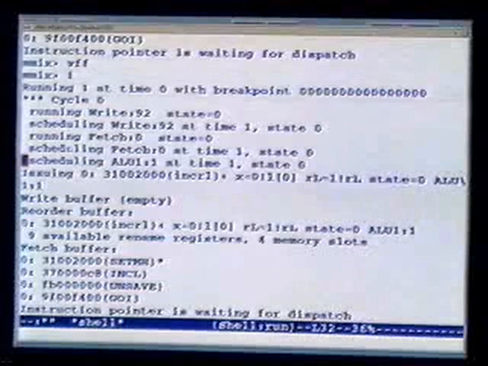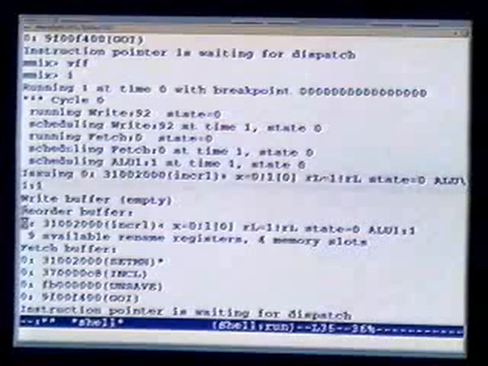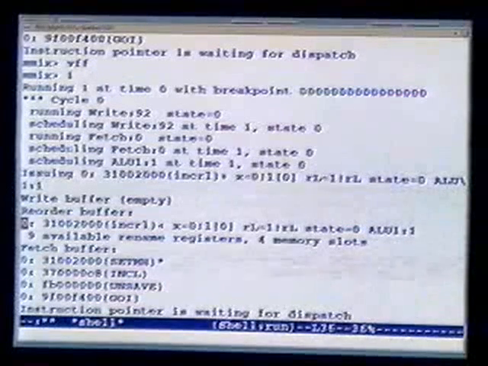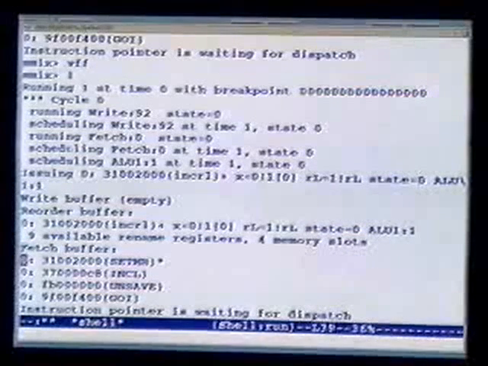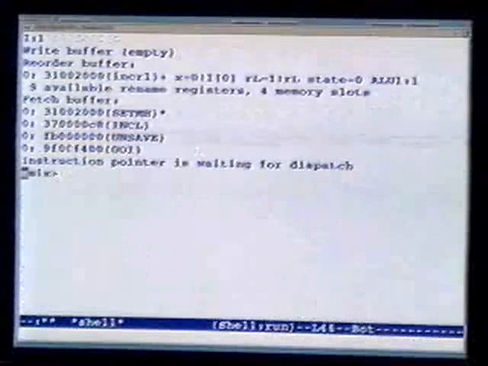So then we scheduled something for ALU1, an instruction that increases register L to 1 because you can't put anything in register 0 unless we have 1 local register. This is a technicality, but anyway, this happened. And so we issued the first instruction, and we left instructions in the fetch buffer. The next cycle